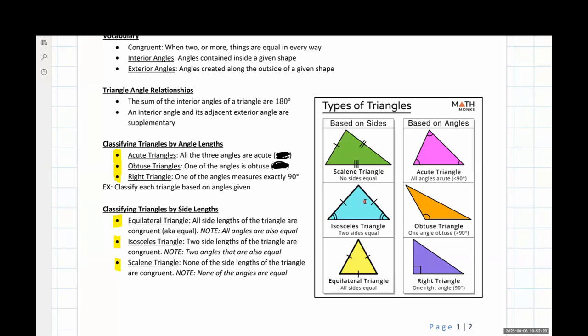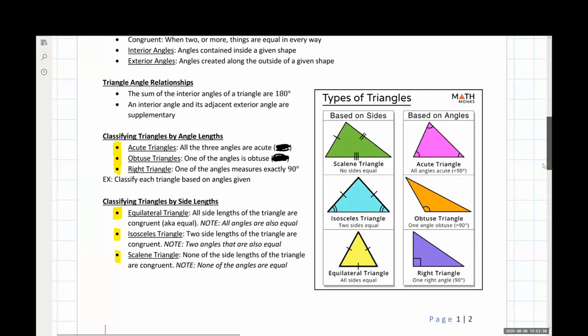Okay. So looking here, we've got our next part. I'd recommend for everyone, if you need to, I'll leave this up on the screen for a second, taking a picture, either using your phone with a quick screenshot or a quick picture of the screen. If you're on a computer, take a quick screenshot of the little diagram that we have here, because these are the classifications that we are going to be using in examples in a little bit for classifying these things.